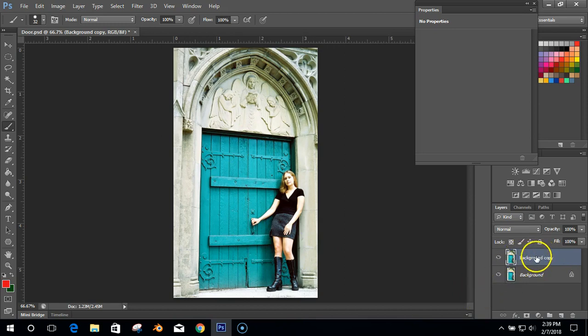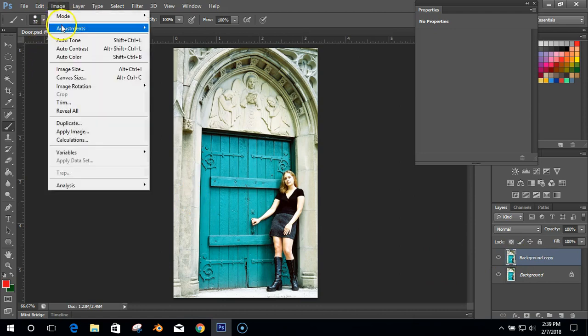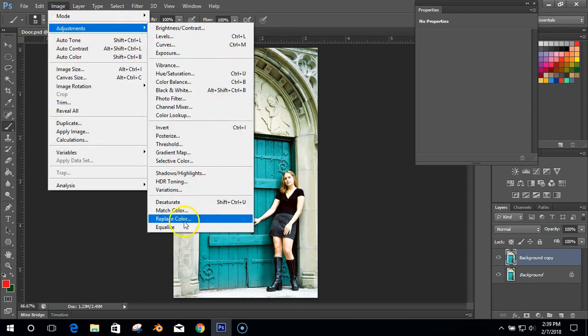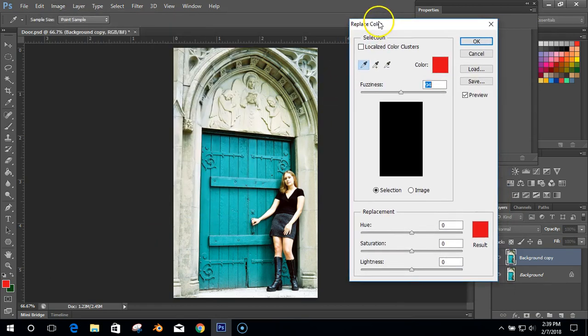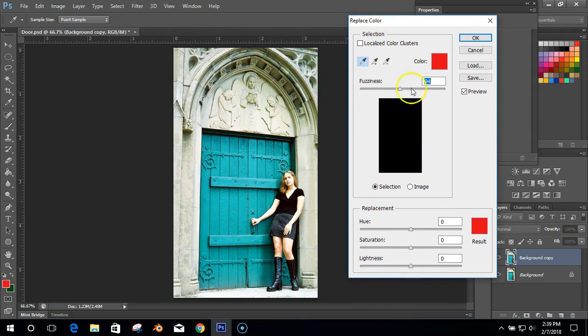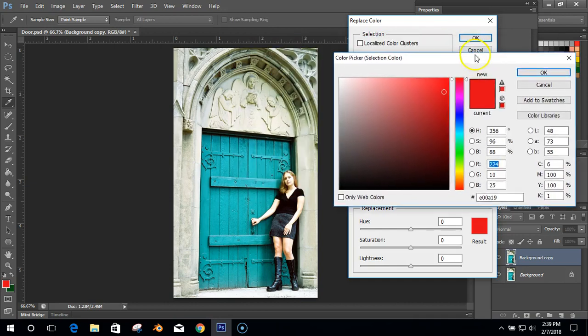Alright, so I'm going to click, and I want to replace the color of this. So there's a neat adjustment you can do. You can go to Image Adjustments, and you can go to Replace Color. And when you click on that, it opens up this Replace Color dialog box. And it basically says, okay, what color do you want to replace, and what do you want to replace it with? So right now, my color up here, I need to click on it, and I need to go,